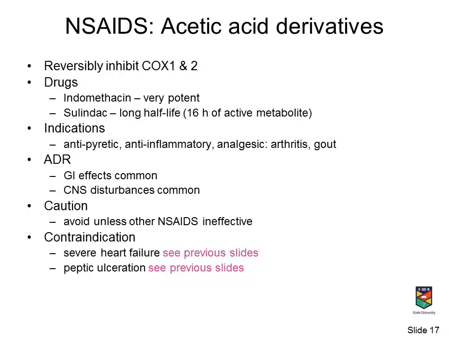Some of the advantages of these: indomethacin is very potent, and Sulindac has got a long half-life, or at least it has an active metabolite that's got a long half-life, which means that it doesn't have to be dosed so frequently. So those are key advantages of these acetic acid derivatives, but the disadvantages are that the adverse effects are